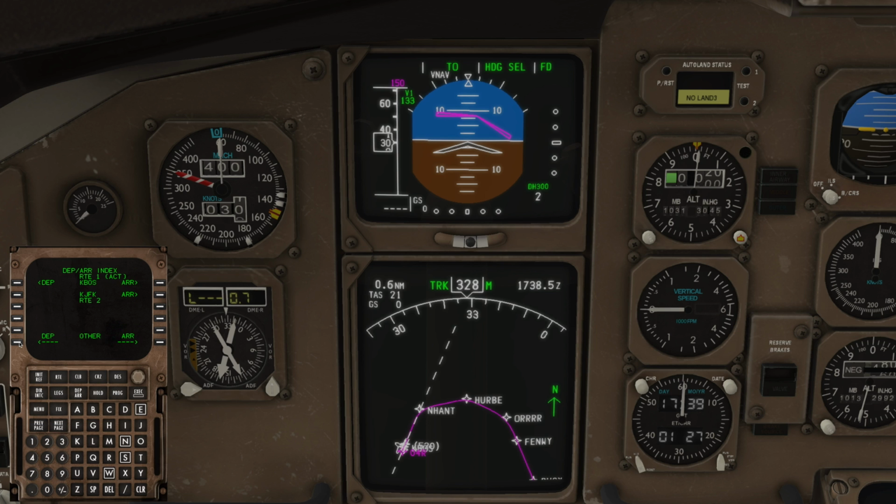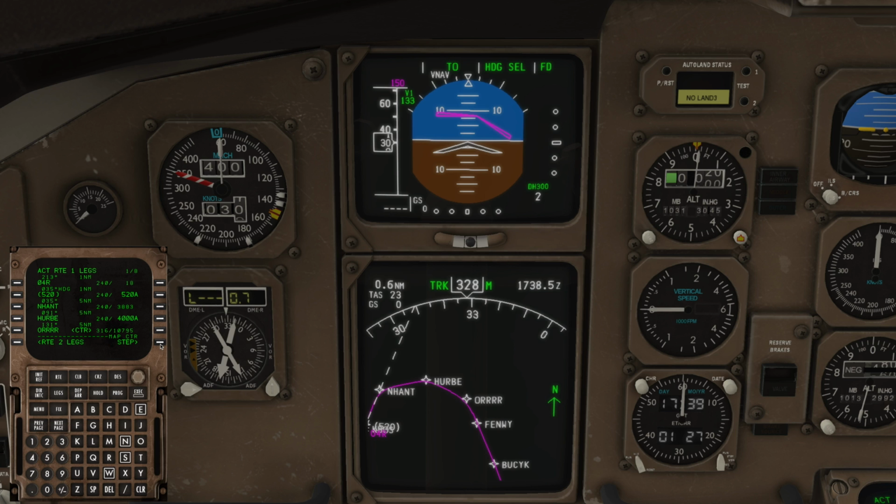And just get back to the routes page, legs page. So, okay, we haven't quite started at 04, right, but you can see where it's going. Runway heading to Nant, then Herbie or Fenway, Buckeye, Jester, and then that's the end of the SOX 5 departure, and then we go back up to Bordy and then down to Say. But what I'm going to do is try to go direct from Jester, which is just